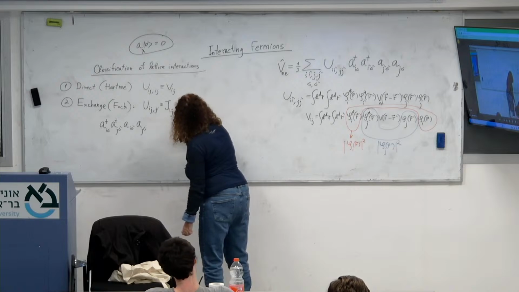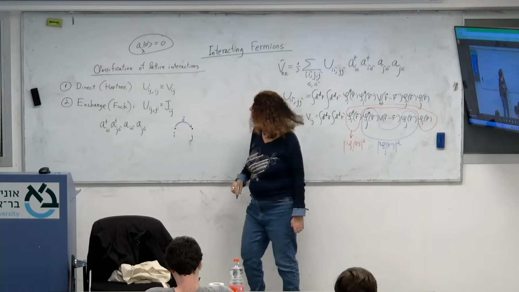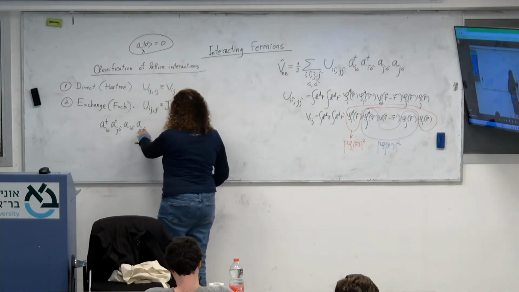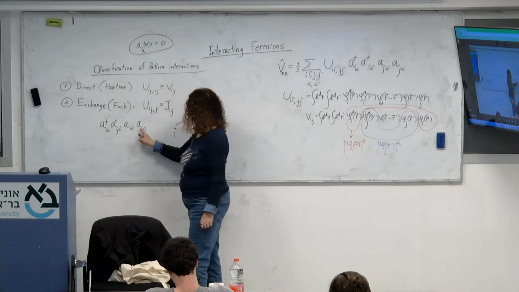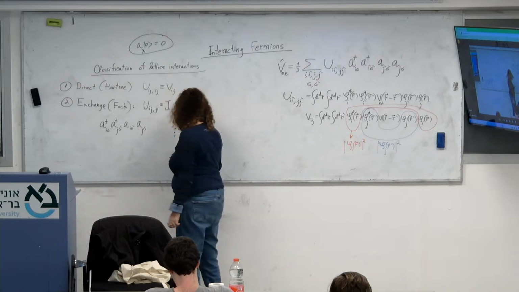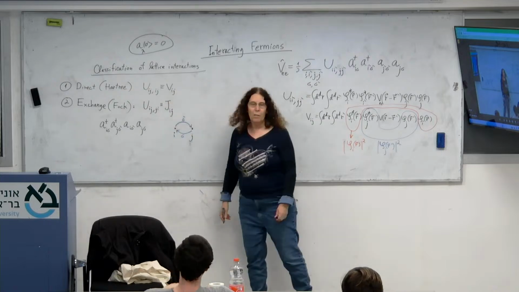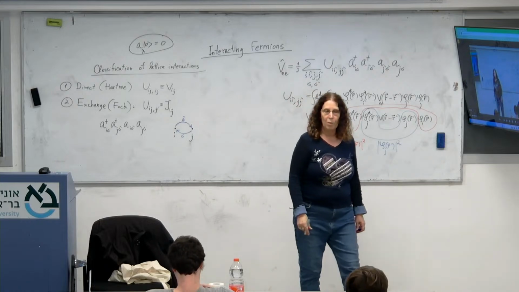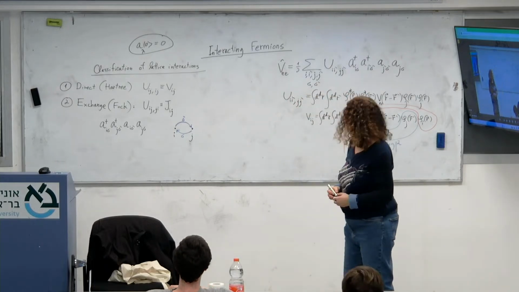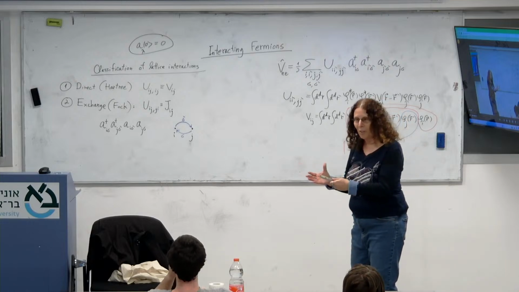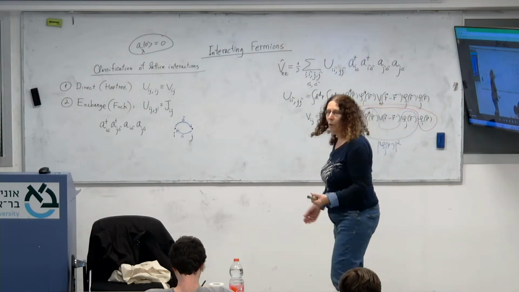So this is for spin sigma prime. And at the same time, it takes an electron with spin sigma from J to I. So this is a simple diagram that describes this process. And now you can easily see why it's called exchange, right? So what are we doing? We are